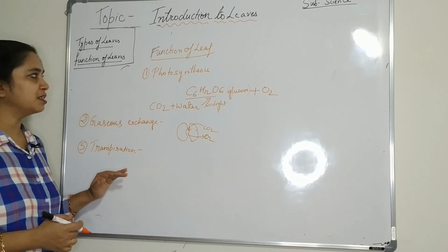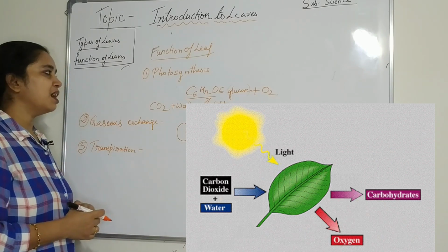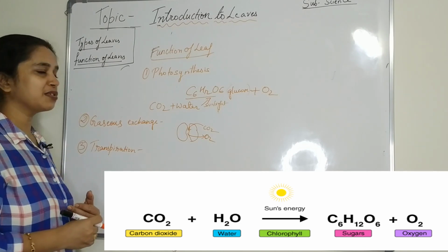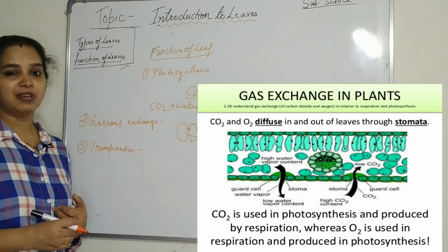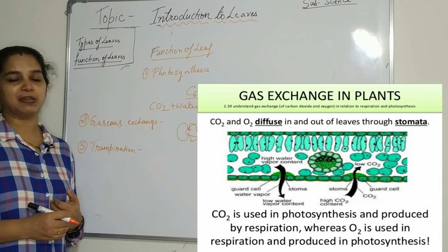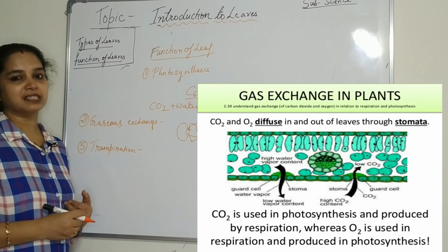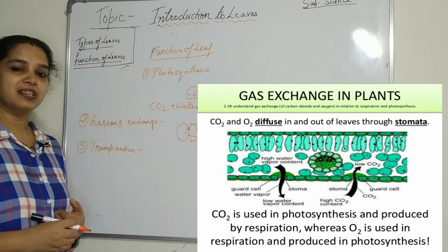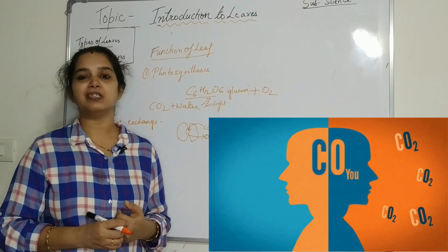So the functions of the leaf include photosynthesis, which takes place during the daytime, and is the production of glucose and oxygen in the presence of sunlight. They use carbon dioxide and water that is absorbed from the soil through the roots and distributed to the various parts of the plant through the stem. Gas exchange takes place, that is, carbon dioxide is taken in from outside and oxygen is given out, and that is used by living organisms for survival.